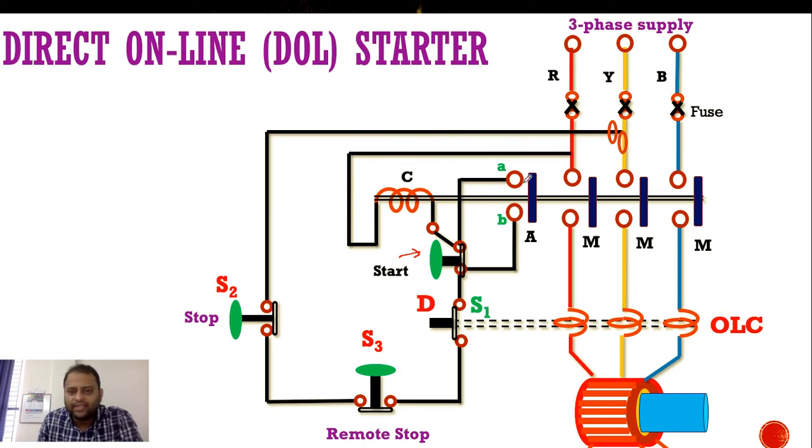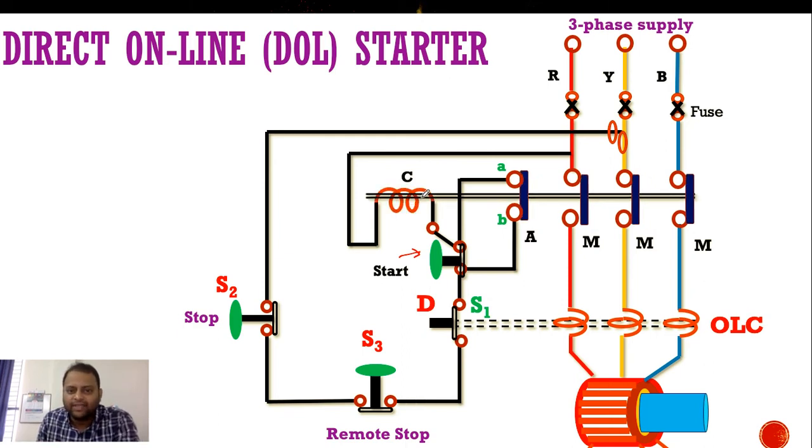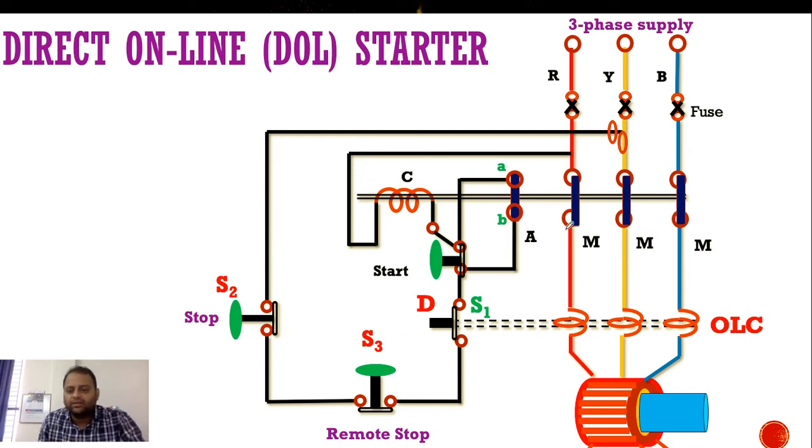Now what happens is, at this point you are still pressing this button, you are not removing your hand from the button. So the coil C gets activated. If you can see the blink, that is nothing but the coil C getting activated, and once it is activated, the plunger moves to the left hand side and these connections will be short circuited. That means your supply is going from R, Y, B to M, which is supplied to the motor. Okay. So now after supply starts, you can easily remove your hand from the starter and the starter will go back to its original position.